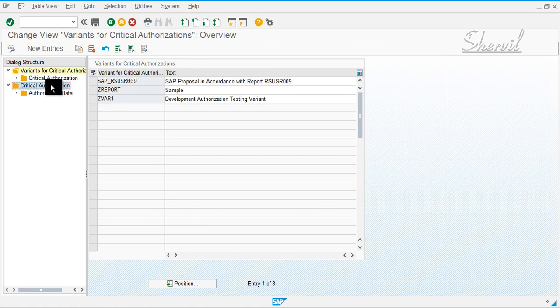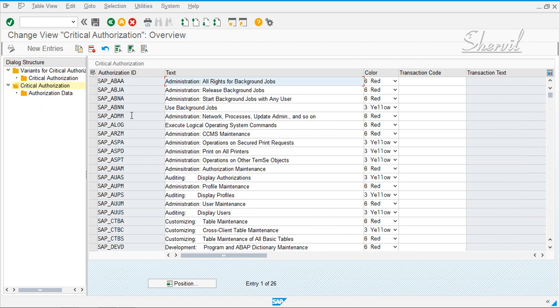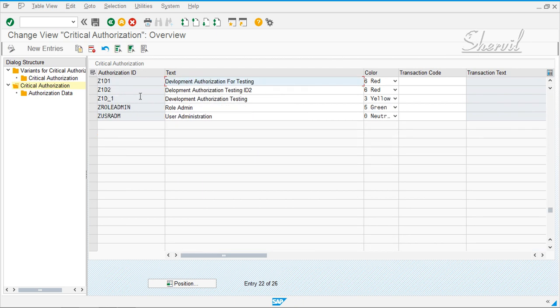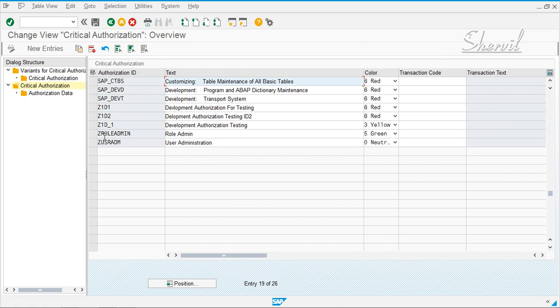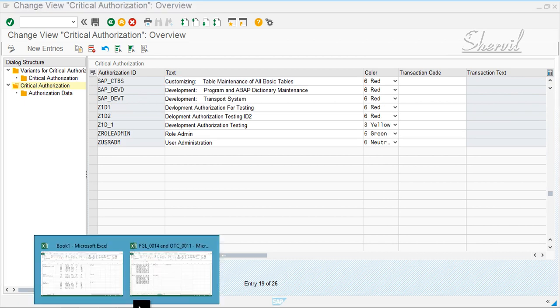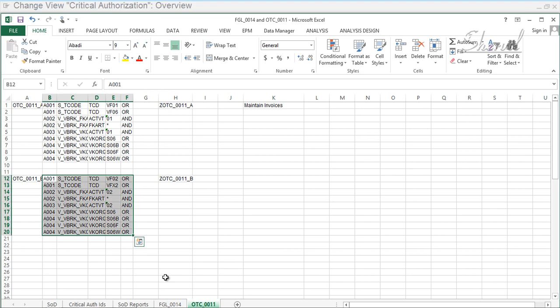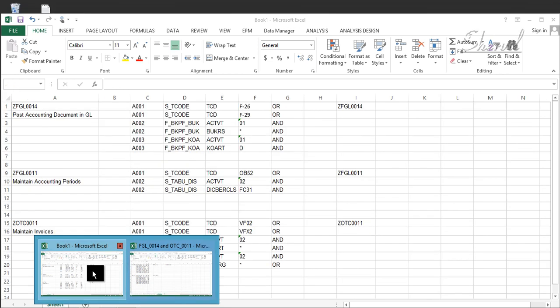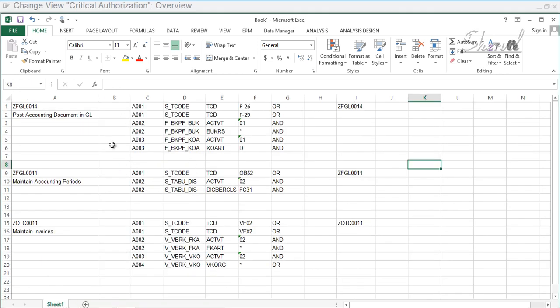So click on the critical authorizations folder on the left panel. You get a list of critical authorization IDs that are already created in the system. So let us create, we have some data here that we are going to use. We are going to create these three critical authorizations and then use them to generate our SOD reports.